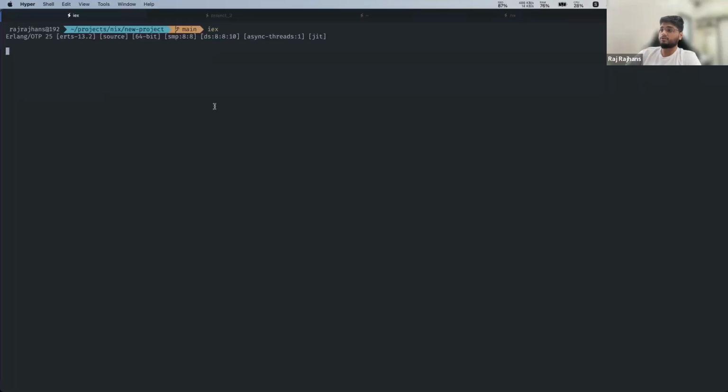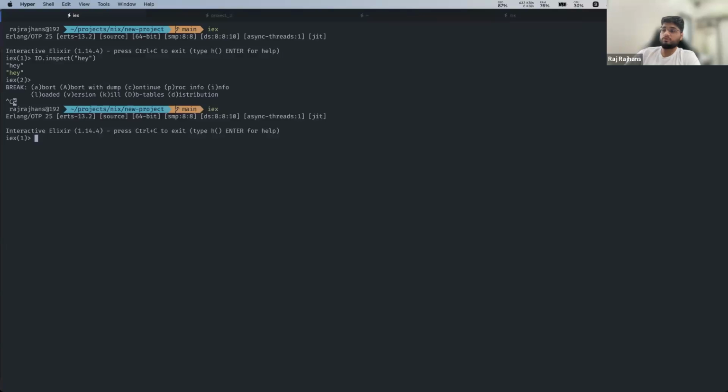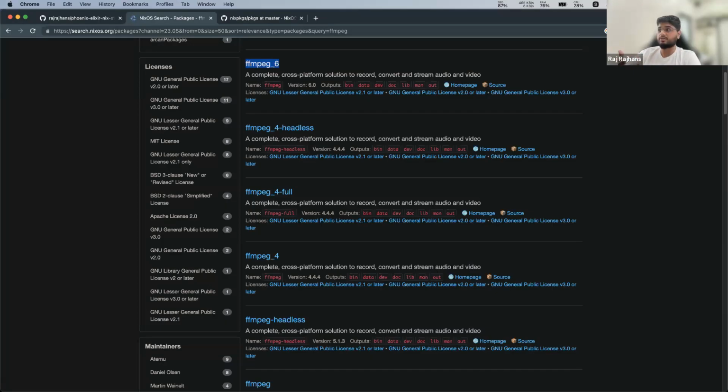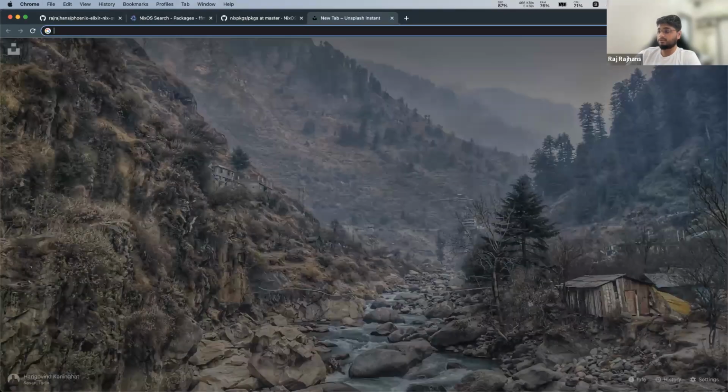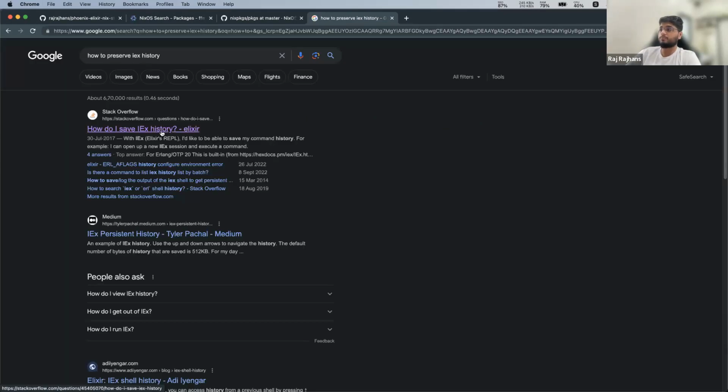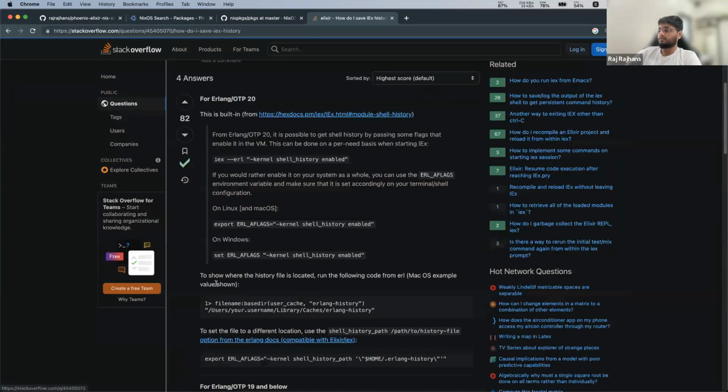Now, if I do IEX over here, I type something, let's say io.inspect, hey, and I close this IEX again. Now, if I press the up arrow, I won't get that history because by default that history is not stored, right? But I would ideally like that history to be stored so that I can just reuse it when I restart my server and things like that. So if I search how to preserve IEX history, the answer to that is they ask you to export this